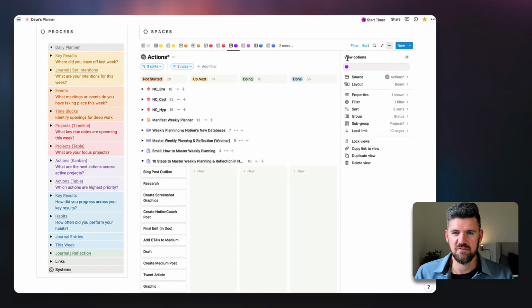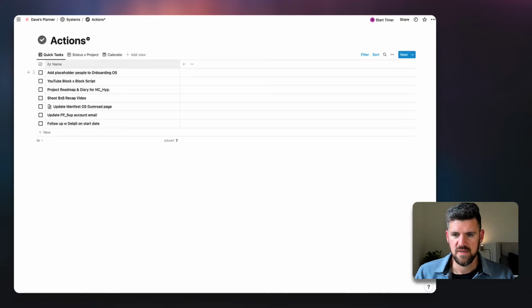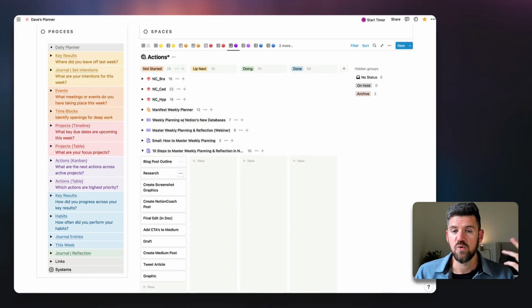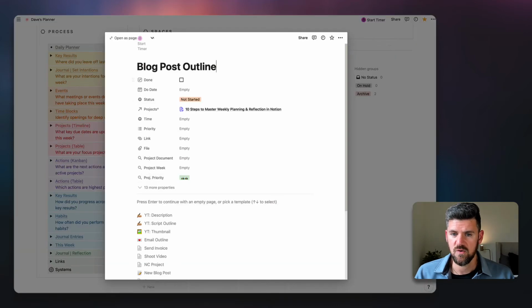For example, let's go to any one of these tasks. If we go into an action, we have all of these properties that are being tracked. A lot of these properties may end up being empty. We're not going through and manually adding information for every property, but the key ones I want to highlight are, this is related to the projects database.